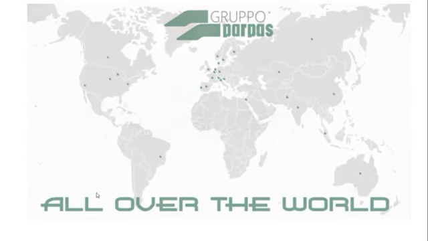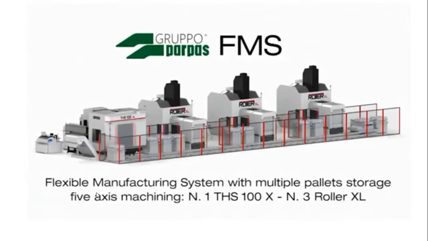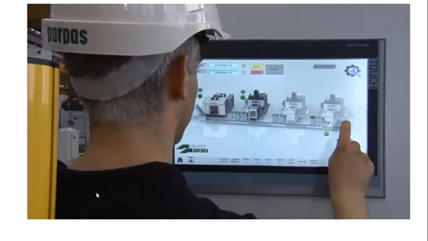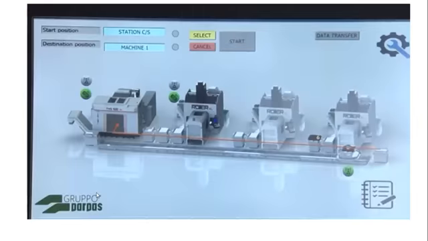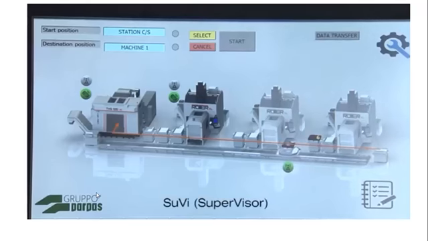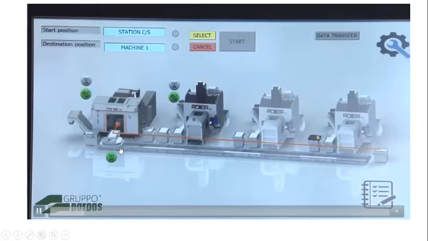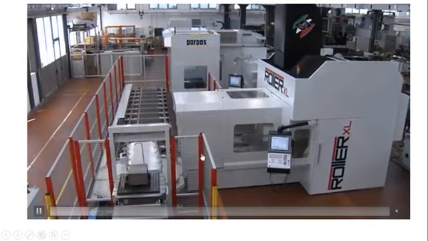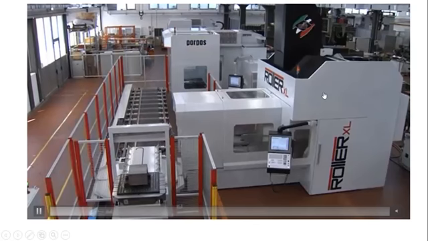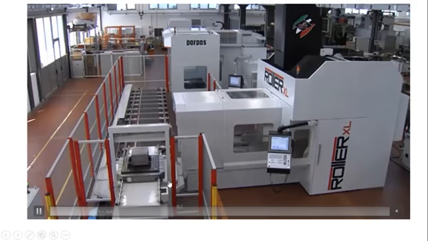Let's see a live example of the system. This is a flexible manufacturing system set up by a company. You can see how completely automated it is. This is the first machine. The operation happens, which is shown here. You can see how the part is getting loaded.